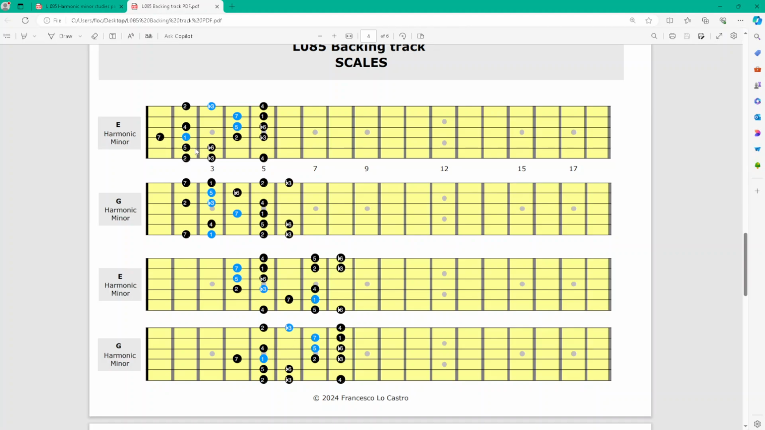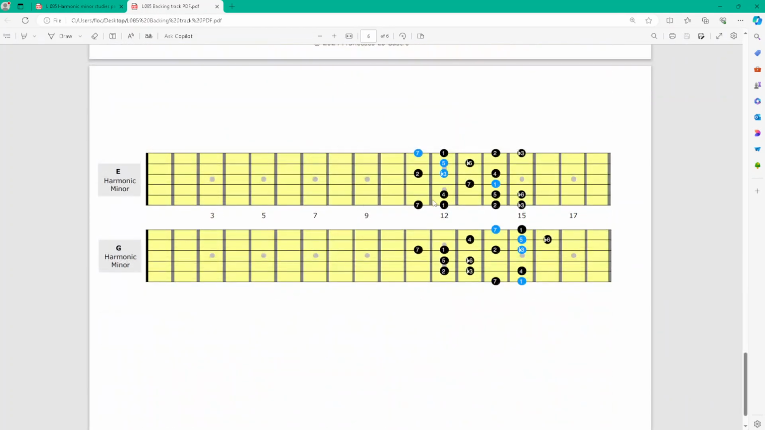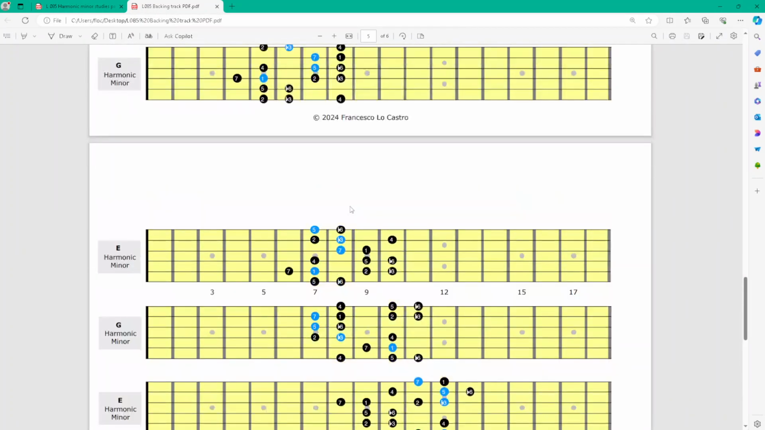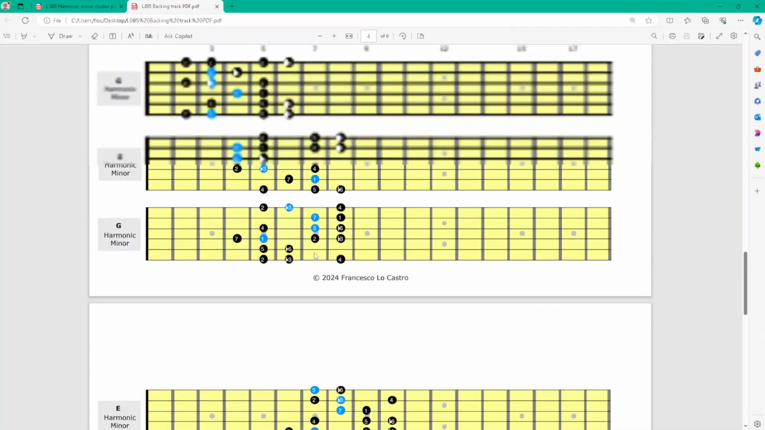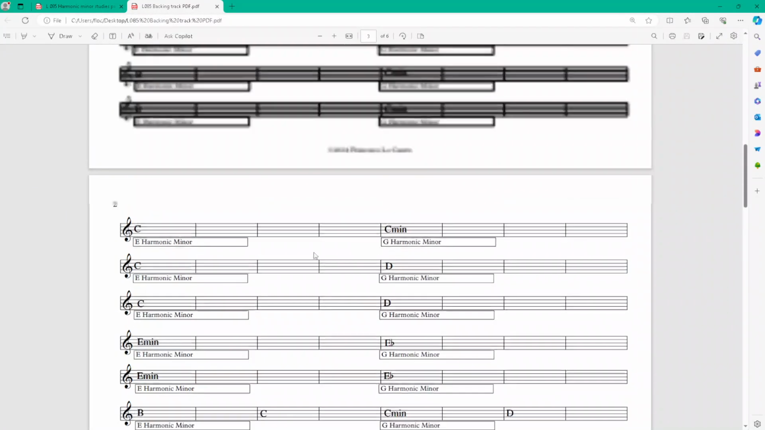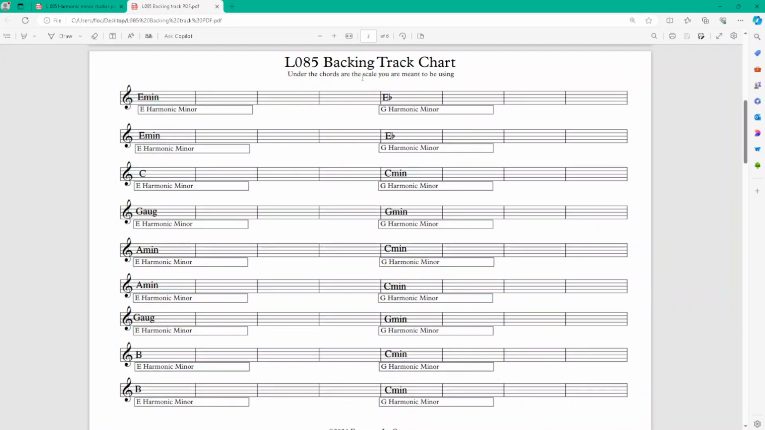As you can see, the idea is moving from one scale to another, but in the same area of the neck, so you can see what's in common and what's not in common. And you have it across the entire neck, so that you're still practicing the 5 shapes of the scale. But what I'm going to explain to you is how we end up with a chart, where the chord progression, while you're practicing those 2 scales, E harmonic minor into G harmonic minor, E harmonic minor, G harmonic minor,